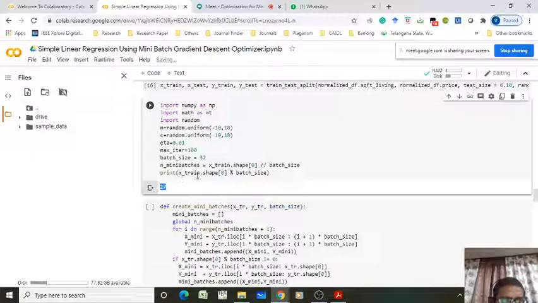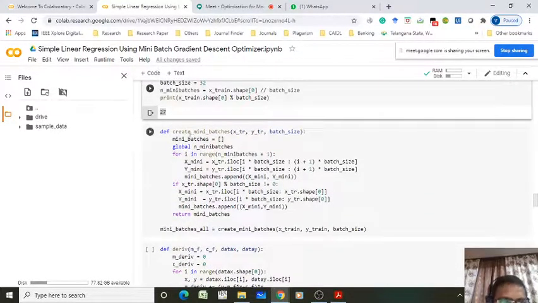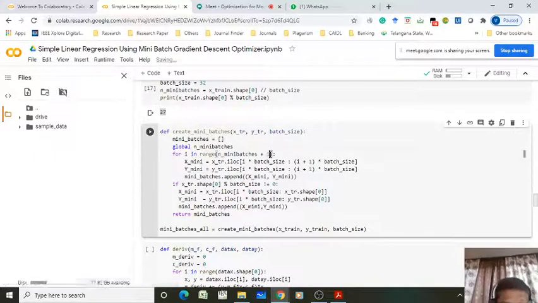So print X train dot shape of 0 colon batch size. The remainder is 27. That means it is not a 0 remainder. Then you have to use the second approach. So now we have to find the mini batches.